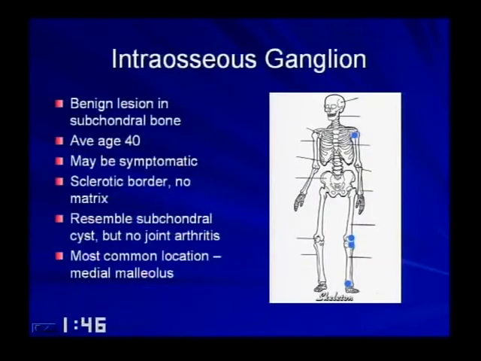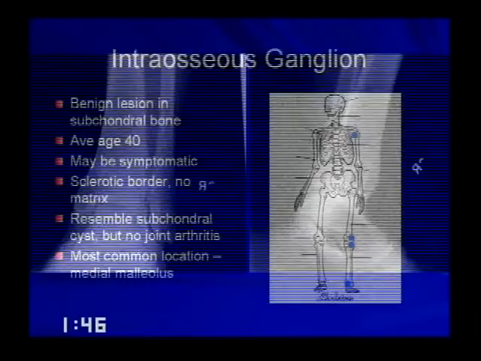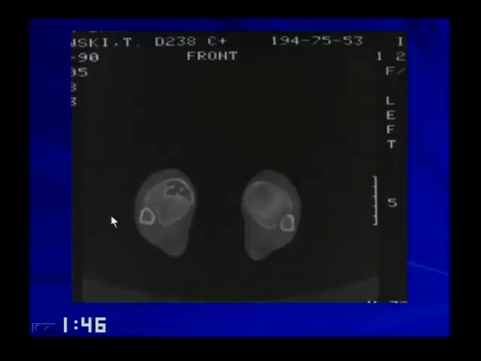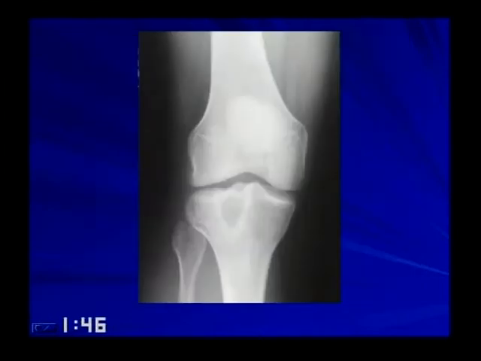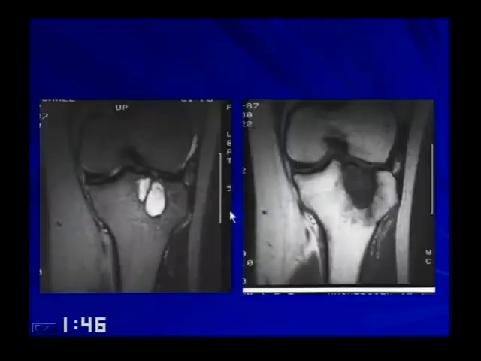Intraosseous ganglions: when you see something that looks like a subchondral cyst, but the patient doesn't have OA, think intraosseous ganglion. Most common is going to be the medial malleolus. Okay, looks like a cyst, but no arthritis. They're younger patients. They can be symptomatic. Here's the most common location. It comes right up to the subarticular bone. Looks like a huge multilobulated cyst, but the patient doesn't have any OA. And here's one, again, in a relatively young patient that was about 30 years old. And in the MR, you can see it's multilobulated.